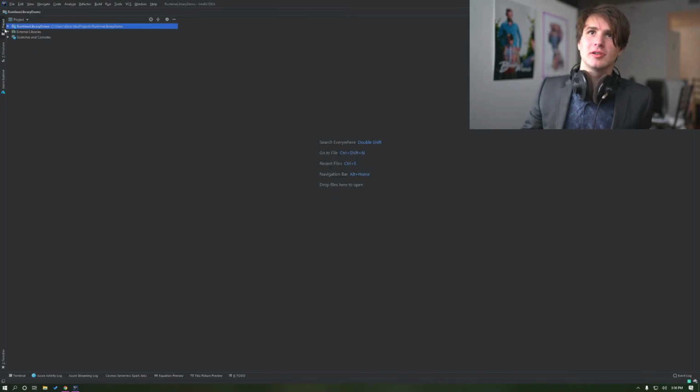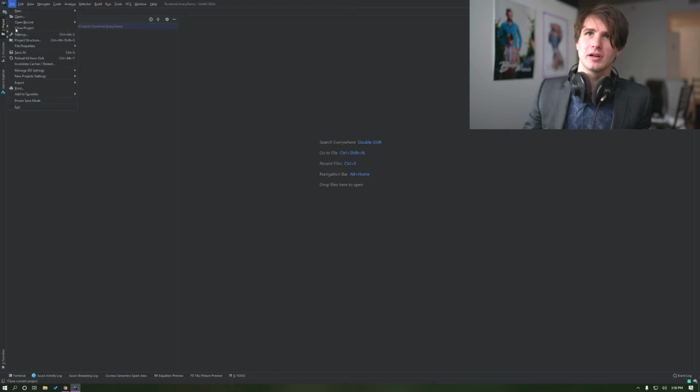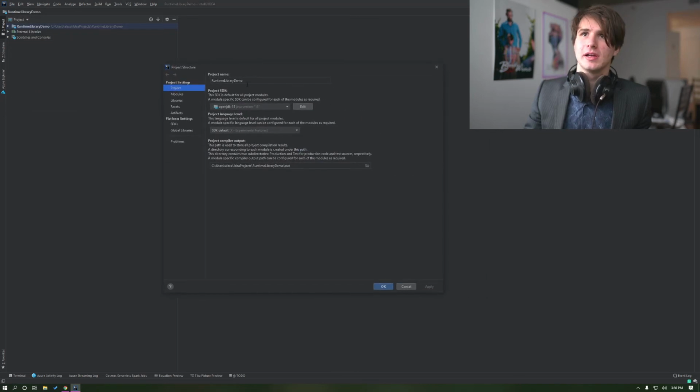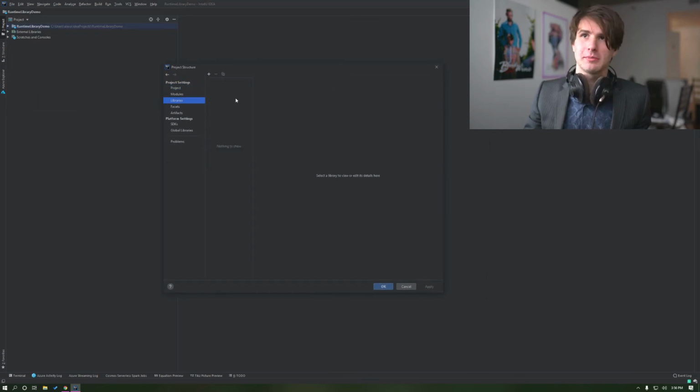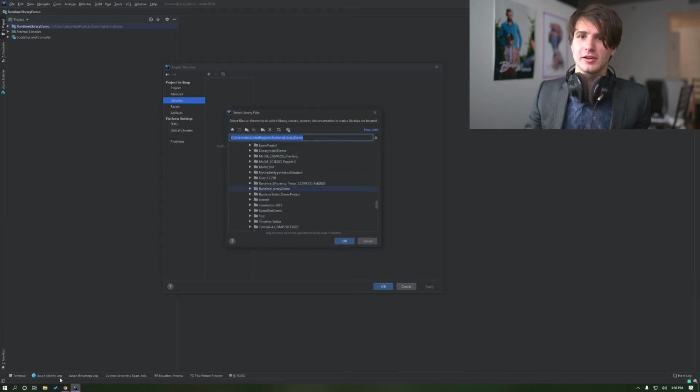Here, all I have to do to make it work is go to project structure, which is Control-Alt-Shift-S, or you can go to project structure up here under File. That'll open this window. In this window, you have a libraries pane. You click on the libraries, you click the plus, Java, and then here you can just drag your library right